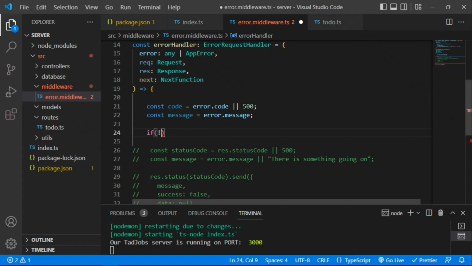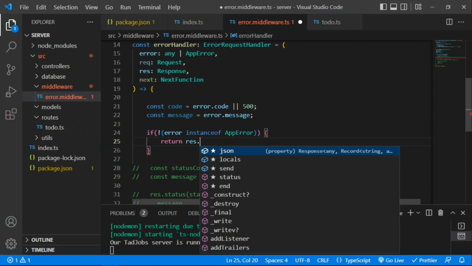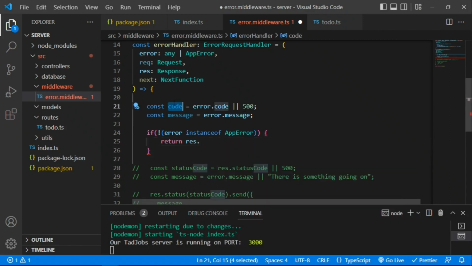So in an event where the error was not thrown by us, this value here won't be an instance of this. So we're going to have a generic message for it, and it also means we don't have the code, right? So we're gonna have the 500 here, and then say status code dot send,